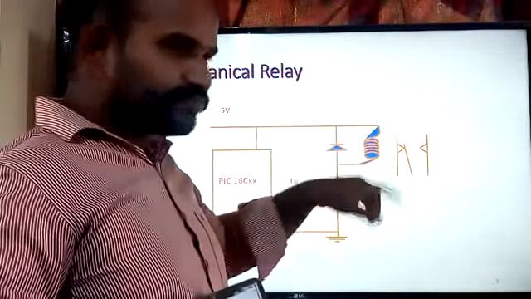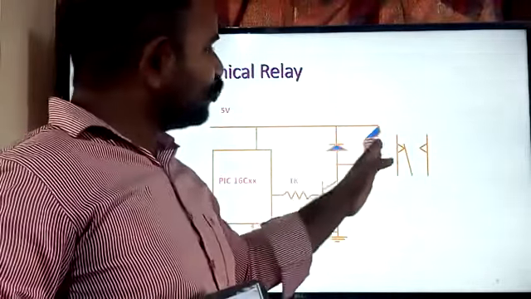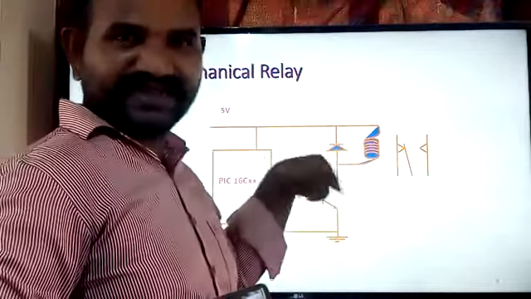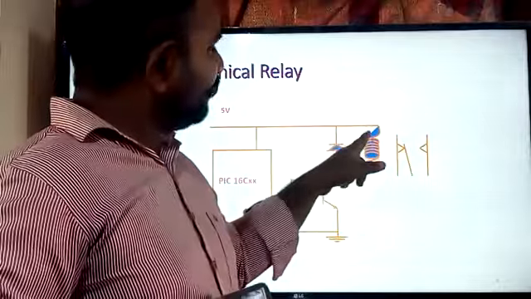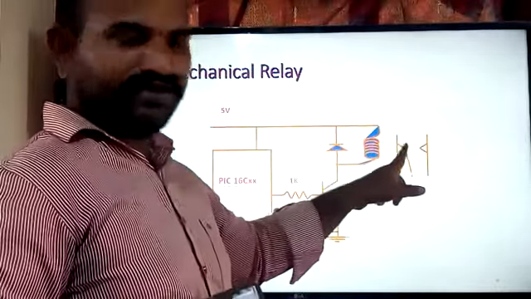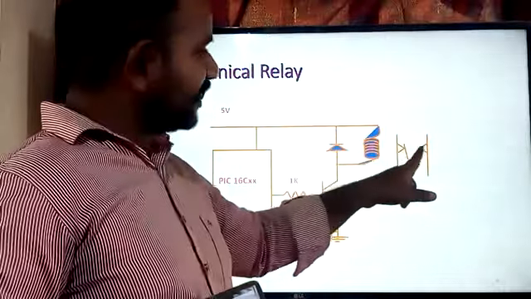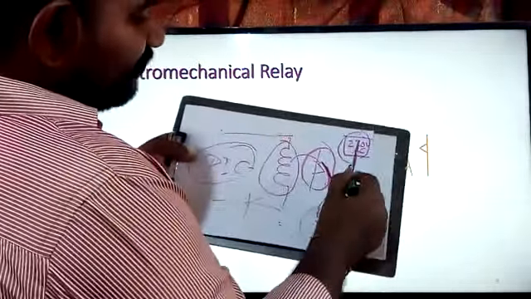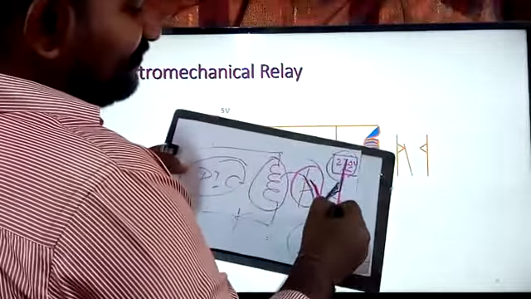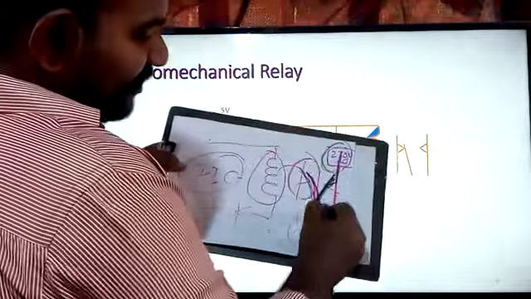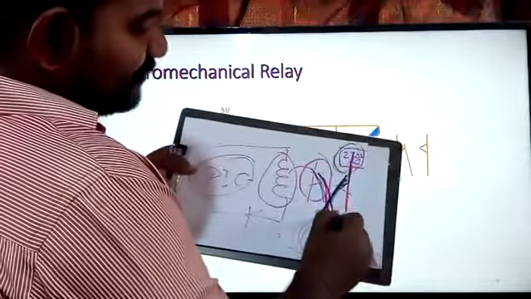is going to change its direction. The electromagnetic field direction is going to be changed, and when it changes its direction, obviously the needle is moving from this point to this point, from here to here. Now when the needle is moving from here to this point, then definitely it is going to be an open circuit, meaning the AC source is separated from the power supply expected by this particular device.